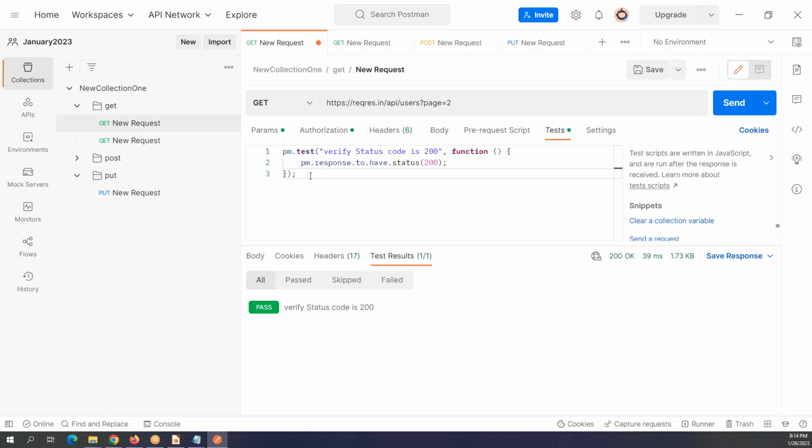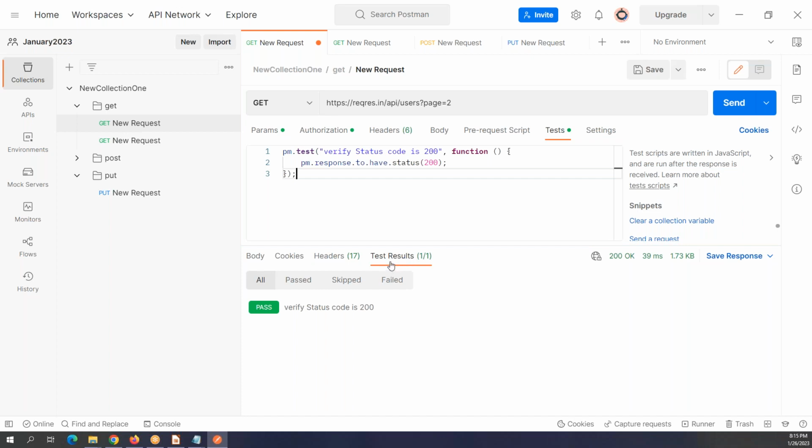So if you have multiple tests, it will tell you how many tests you have and how many tests passed, how many failed, how many skipped. You can check that in the runner, in the collection runner. But in this case, you can check it from here, for this specific request,